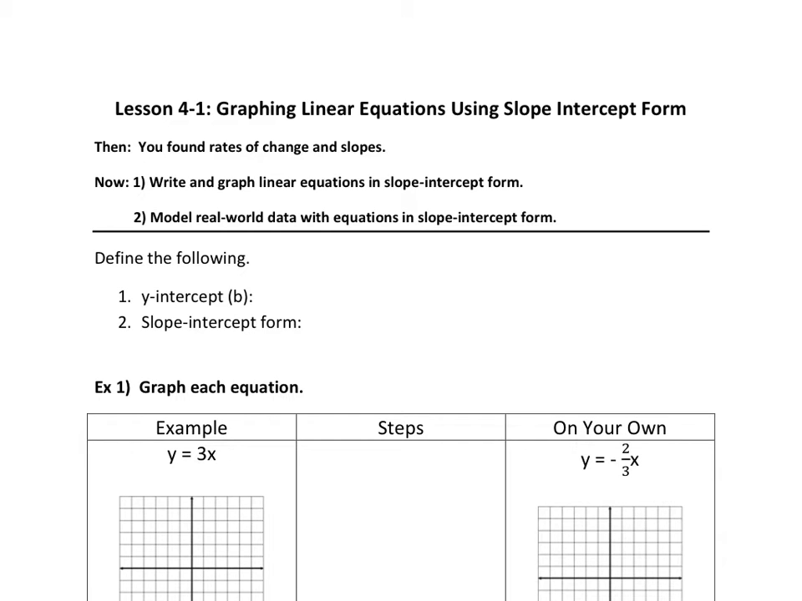All right, we're going to be working in lesson 4.1, and we have been working on rate of change and slope. What we're going to look at now is how this applies to writing and graphing slope-intercept form. Primarily today we're just going to look at the graph of it, okay? All right, so zooming in here,